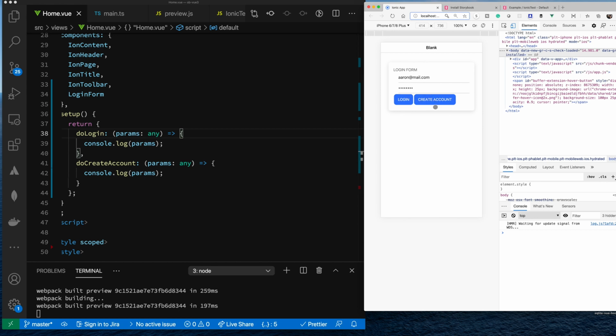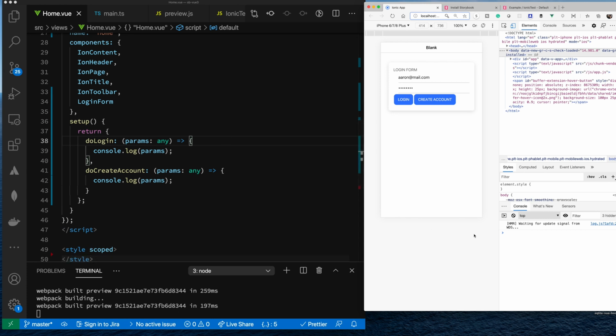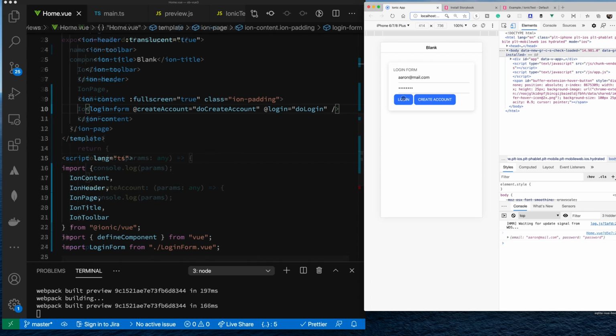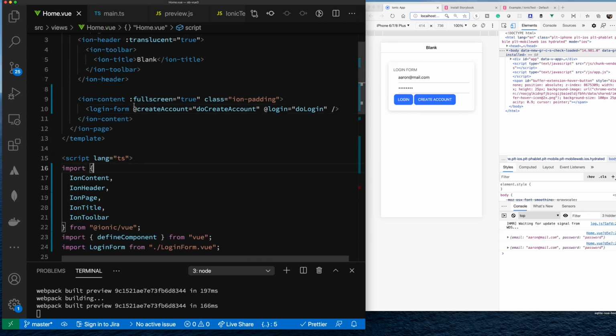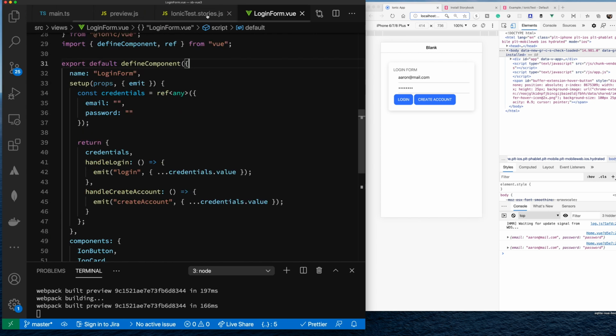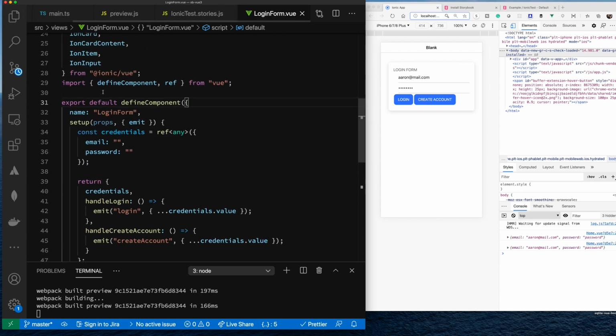Login, create account. So it's emitting the events. So why is this not triggered? Right, there you go. I was getting my terms mixed up. The actual event that's triggered or emitted from the form, if we look at our form, where did our form go? Login form. The actual events that are emitted